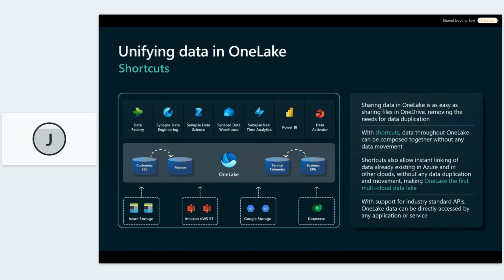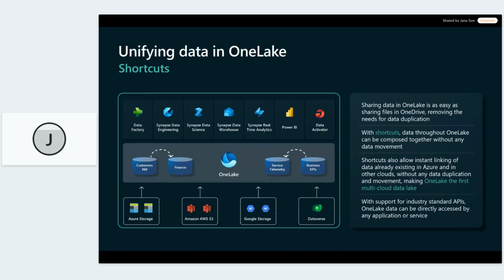And of course, the expected thing is that you can point to storage locations within Fabric, like a warehouse or a lakehouse, for example. But the really useful thing is that we can introduce external data via shortcuts as well.